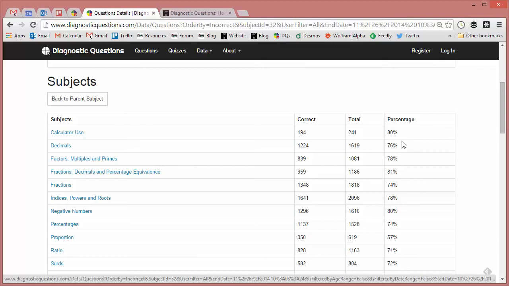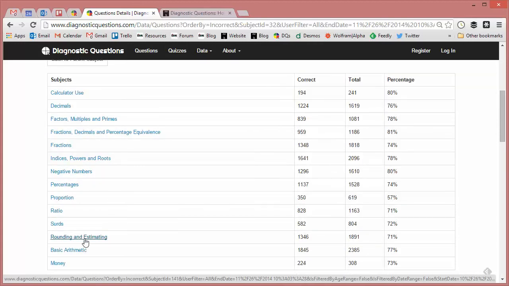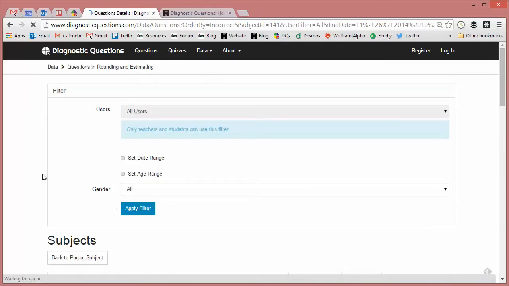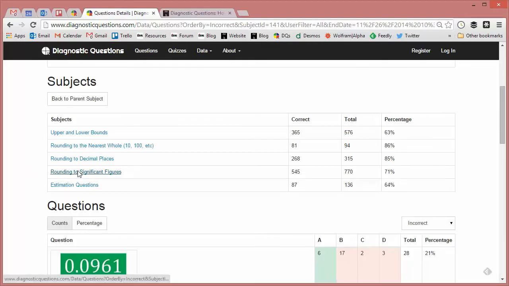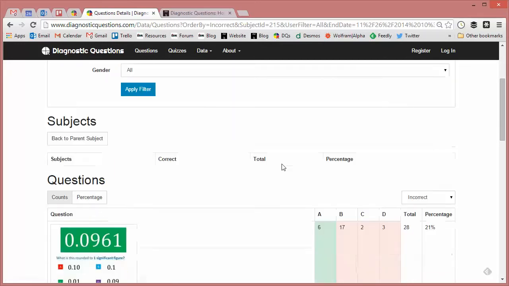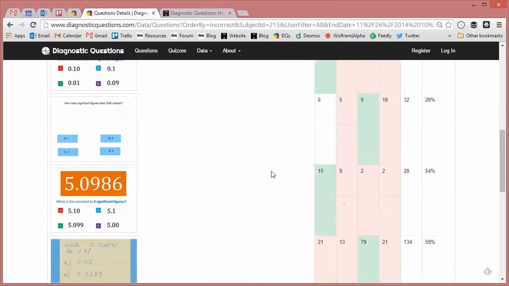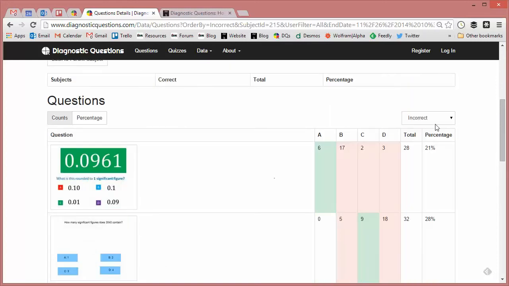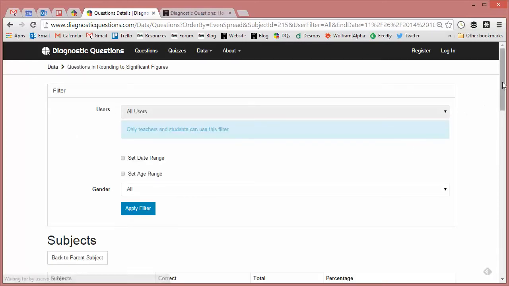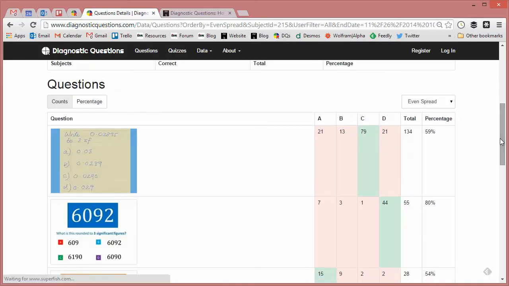We can see the different percentages for correctly answered questions, and we can see there's a bit of a variation, a proportion students are having a bit of a nightmare with, so that's something that could be investigated. But I want down here rounding and estimating, and specifically I want rounding to significant figures. Now, as I say, it's defaulted to give the most poorly answered questions first, but what I actually want, I'm going to search by even spread,